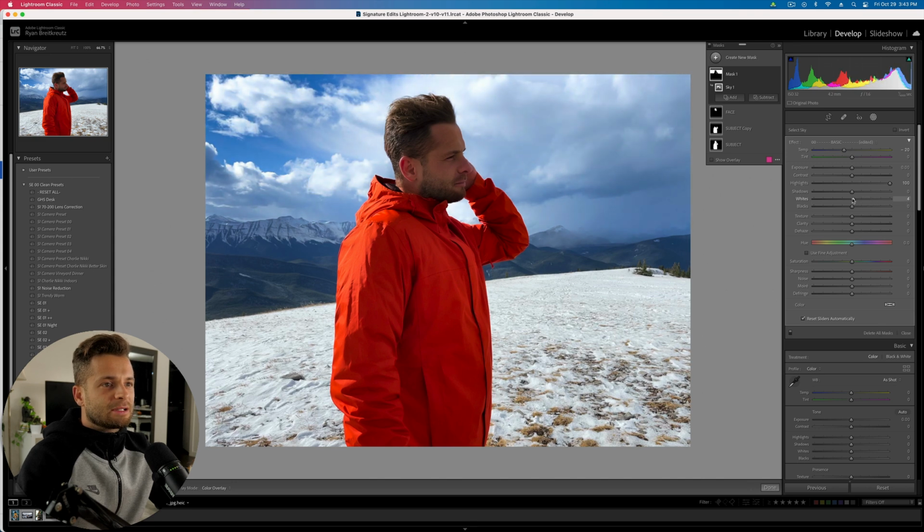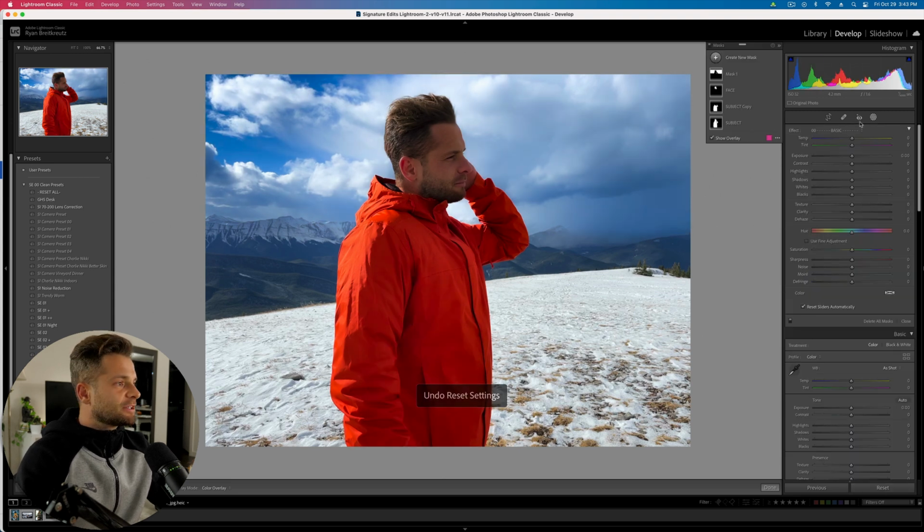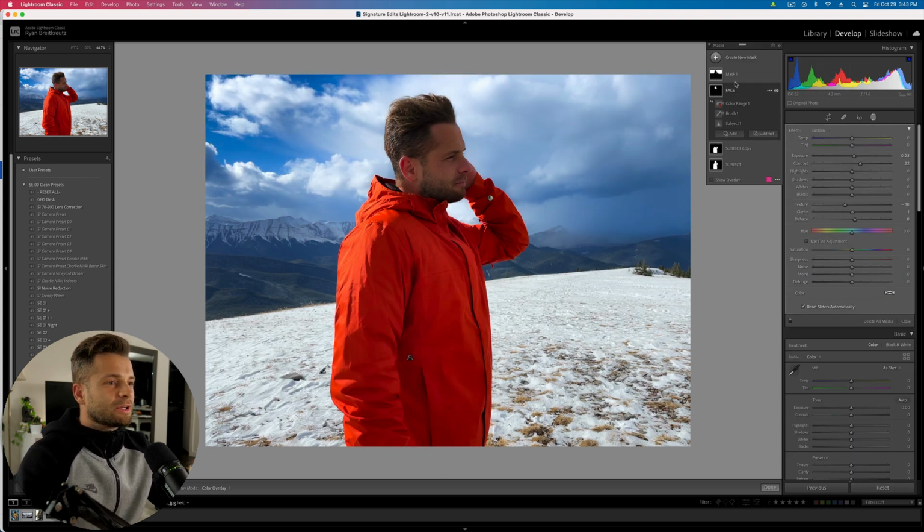Whites we can raise up a little, maybe. Then drop the shadows. Drop the blacks. You're going to see we have a much more vivid sky now. And of course, we can maybe add a little dehaze. I'm going to actually take the texture down and the clarity down a little bit just to soften things slightly. Okay, so here's without, here's with, here's our before, here's our after, and we could continue to tweak this